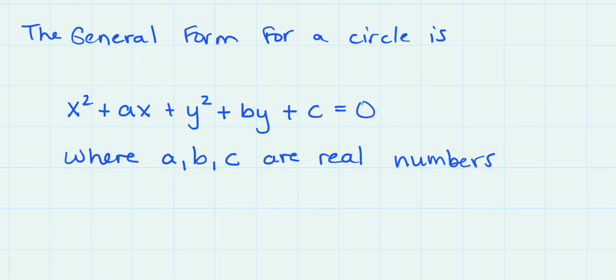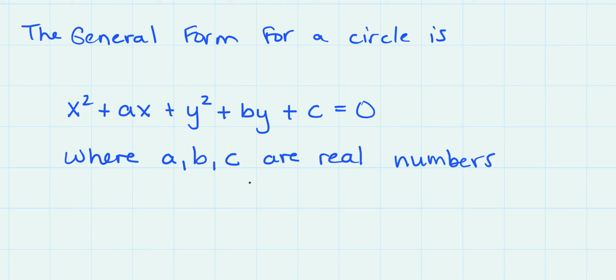Last time we defined the general form for a circle. We said the general form was an equation that looked like this, where we have an x squared and a y squared term with the coefficient being a 1 in front of both of them. We have an a times x, a b times y, and a number c, where a, b, and c are